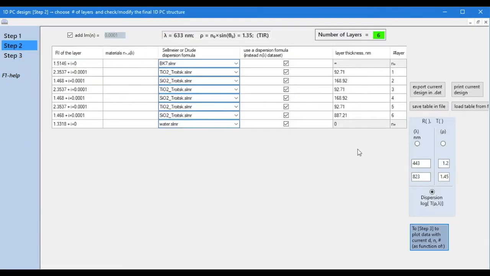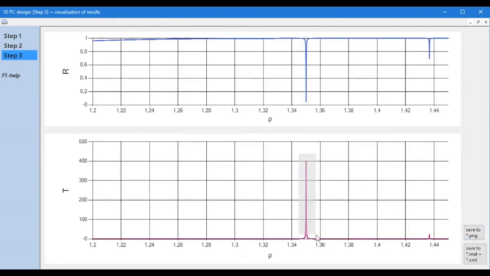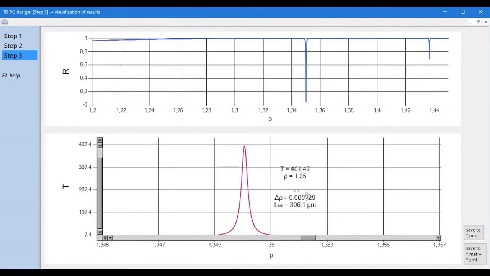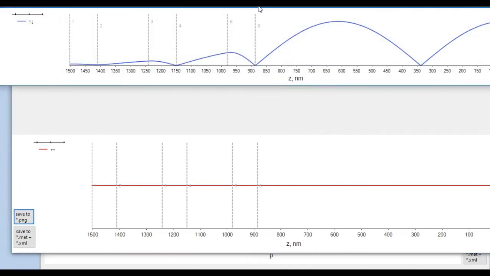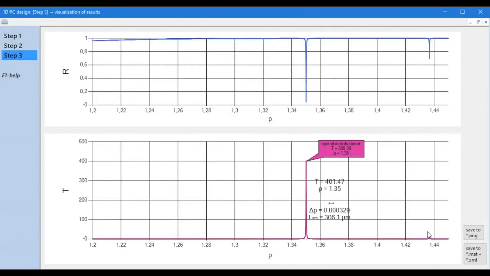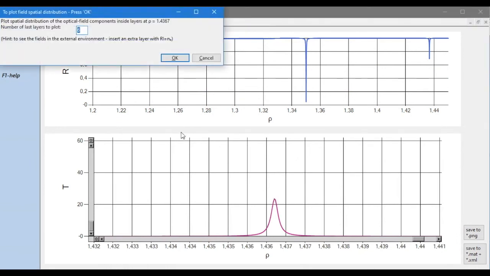How one can use two surface modes, for example, in optical biosensors, you can read in the article, the link to which is given in the video description. We can look how the field distribution of these modes differs. This is the first mode and its spatial field distribution. And this is the second mode and its spatial distribution of the field.